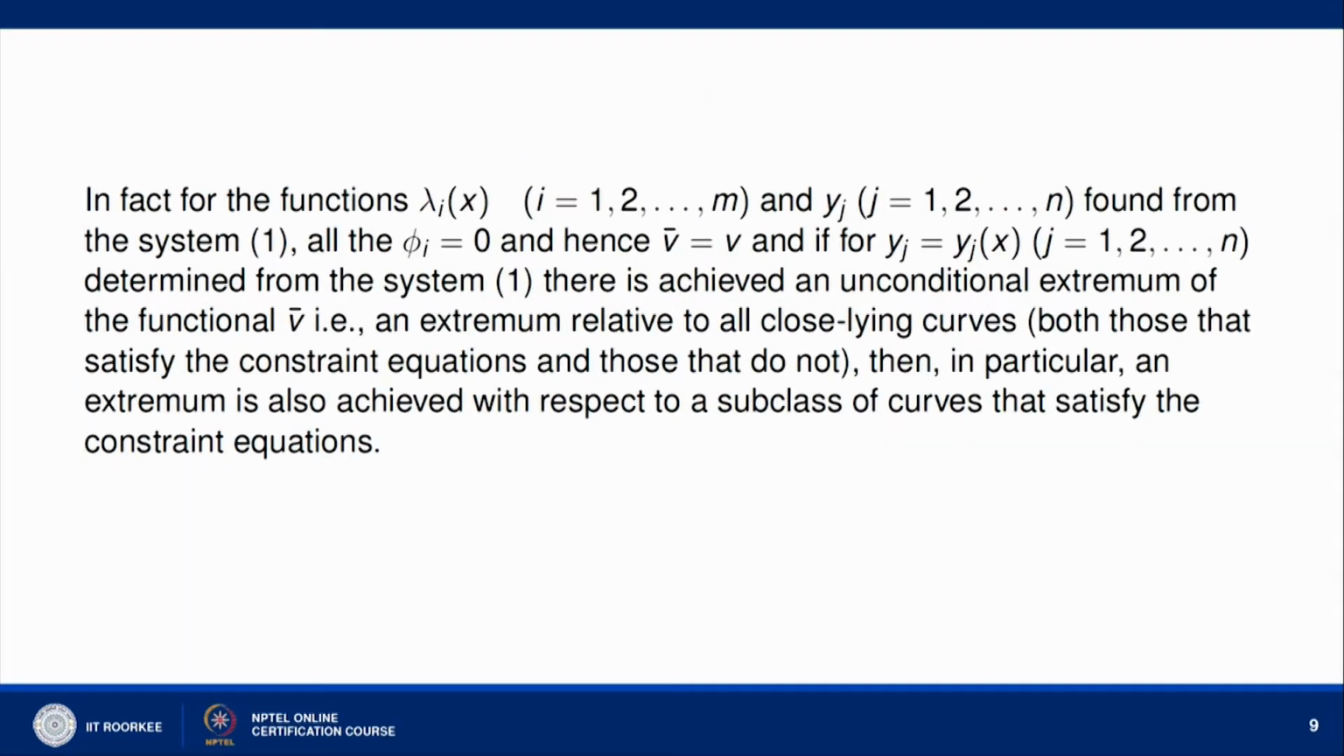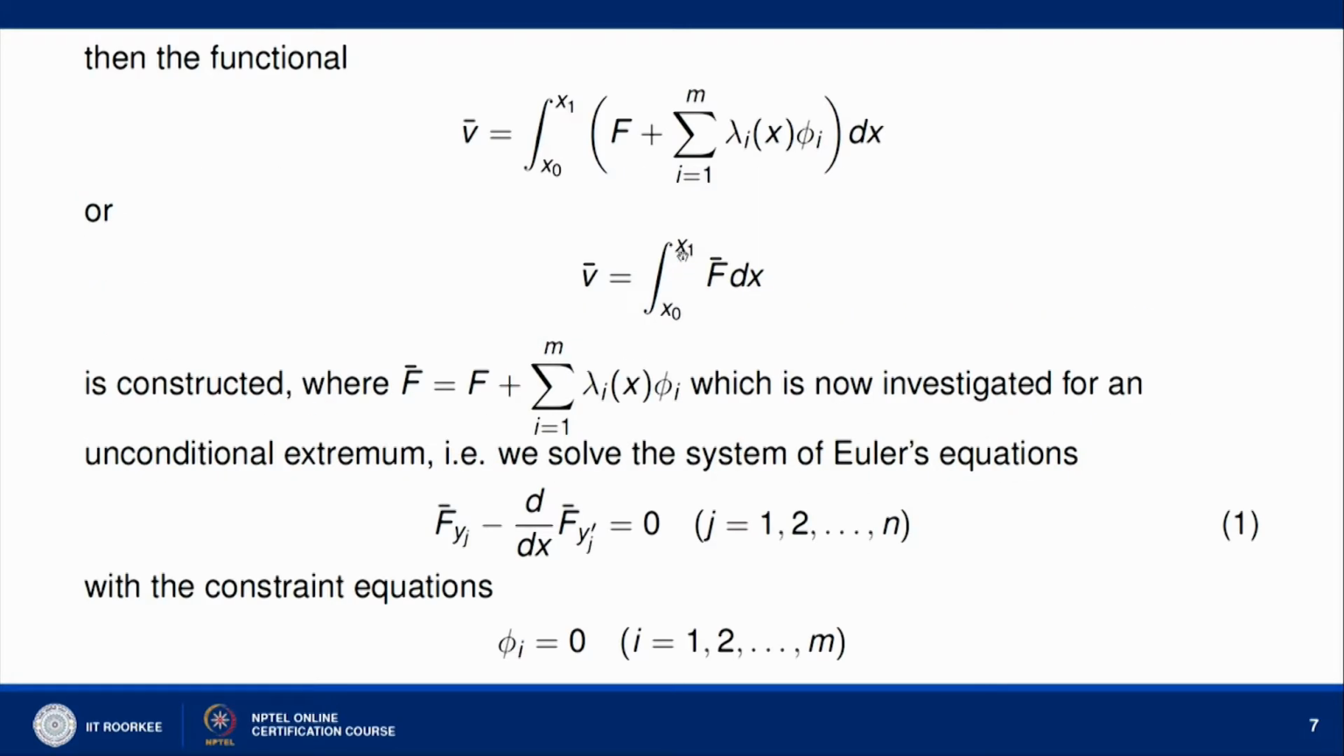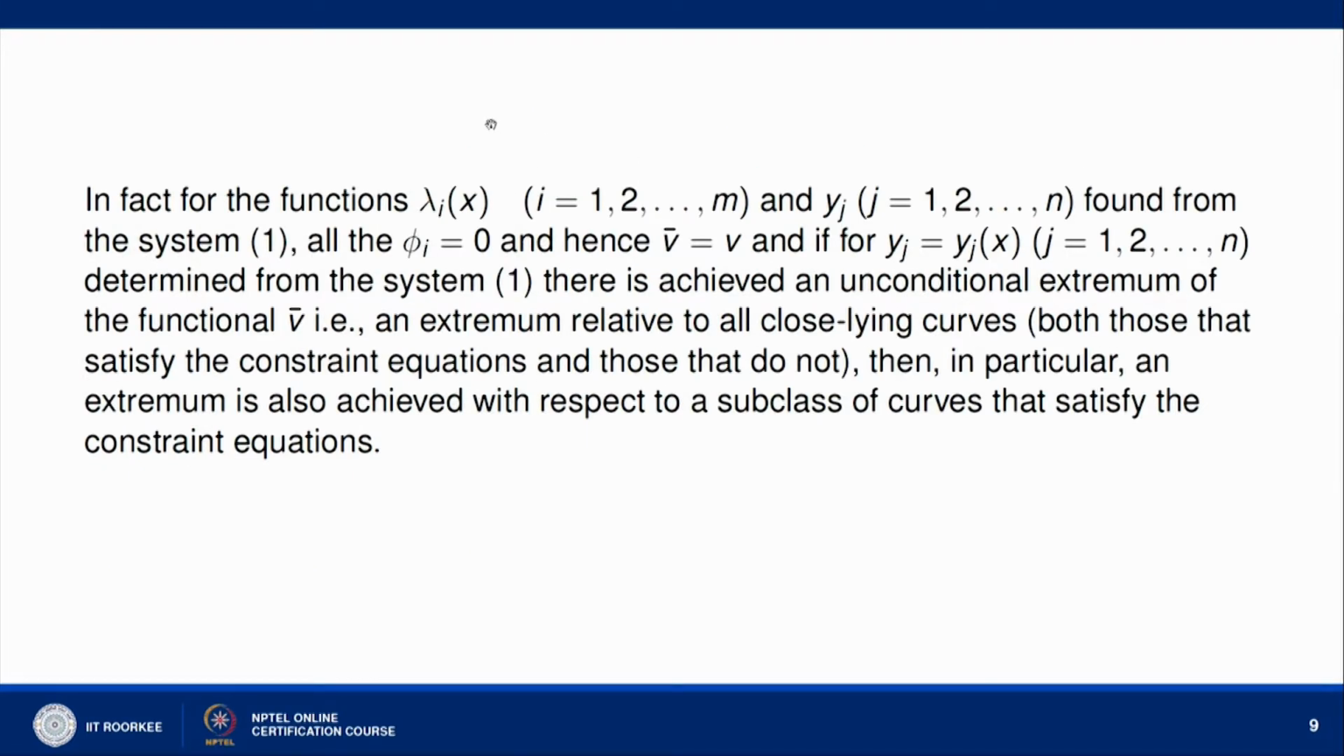So the claim is that for the functions lambda i and yj found from the system 1, all the phi i's are 0, and if we take phi i all 0, then v bar is reduced to v. Basically v bar is what? You look at here, v bar is defined as f plus summation i equal to 1 to m lambda i(x) phi i. So if phi i's are all 0, then v bar is reduced to the integral from x0 to x1 of f dx, which is nothing but v. So it means that for these functions lambda i and yj, your v bar is reduced to v,